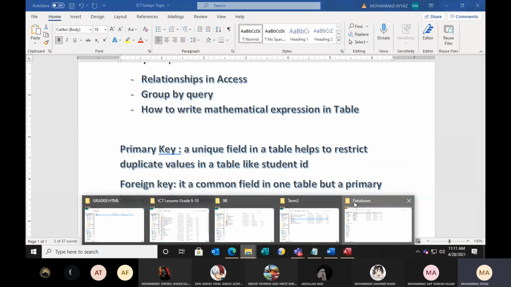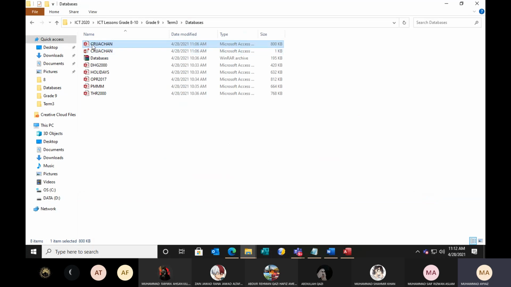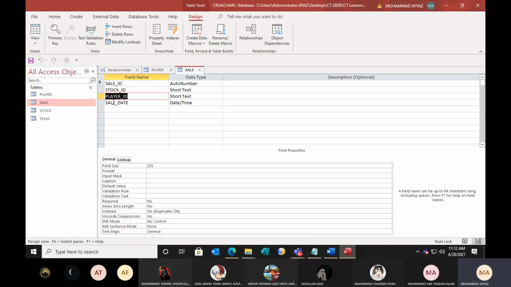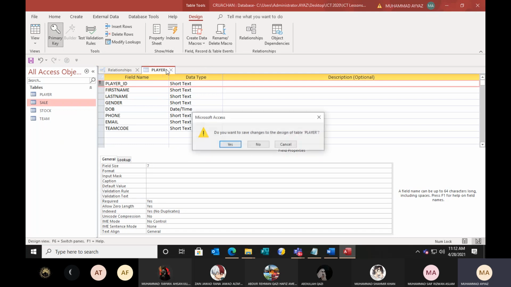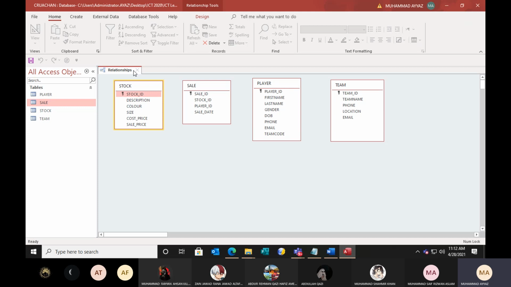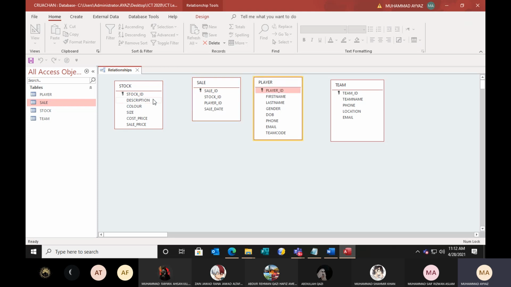Where are the databases? Okay, so it is open already, so we will close. Yes, see, these are sales, stock, player, and team. Now check this stock ID. First, just have a look. Stock ID here is the primary key.